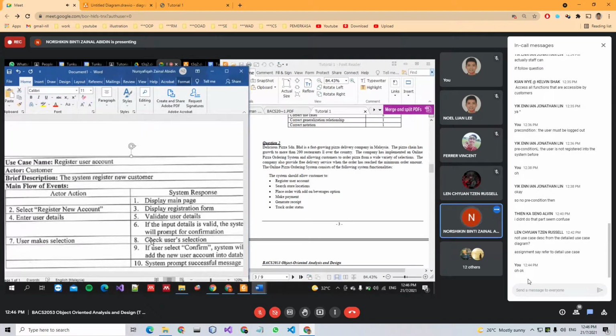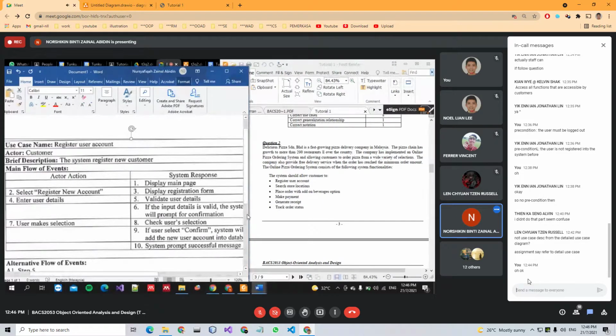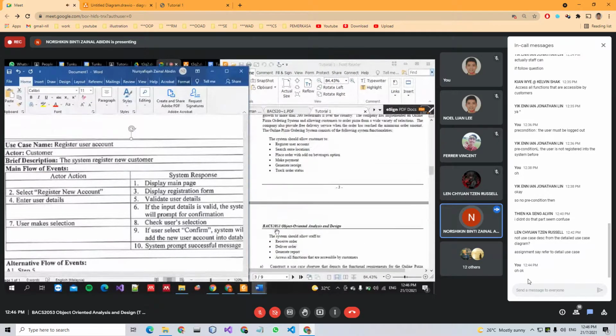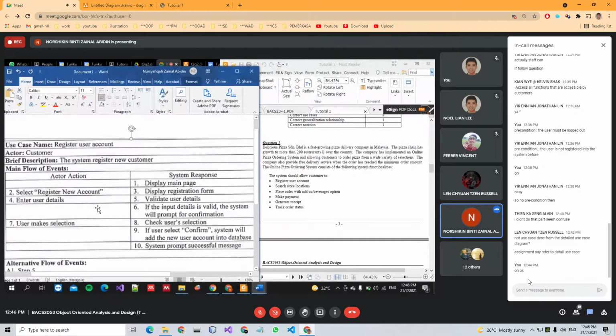So in your exam, because I'm going to mark your paper, what I want to see is the flow of the process, the flow of your whole system. So if you miss out, for example, the first step by the system, and then suddenly you go to here, it's okay with me as long as you know the flow of your system for this use case. Okay,